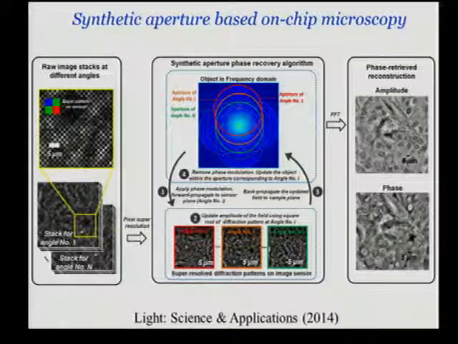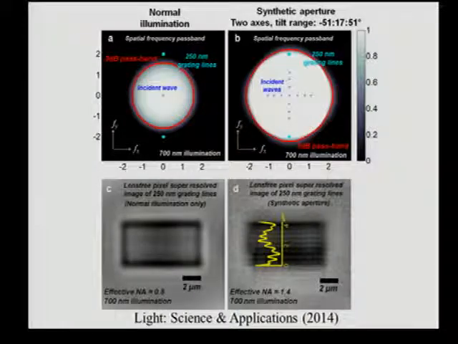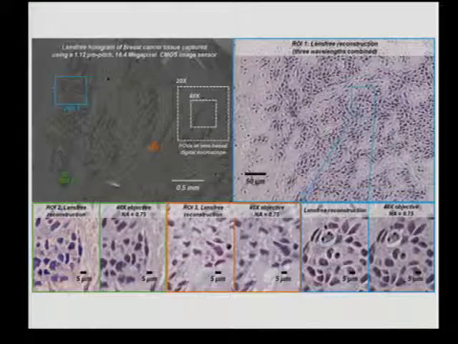But if you synthesize all these different angles, you essentially increase the passband of your spatial frequencies from a circle like this in spatial frequencies to a circle like that due to synthetic aperture. And this gives us a numerical aperture that is larger than, in this case, the refractive index of air, which is essentially still limited to less than 2 times the refractive index of air in this case, mostly because of signal-to-noise ratio. And this also helps us with phase reconstruction stability for complicated objects like tissue samples.